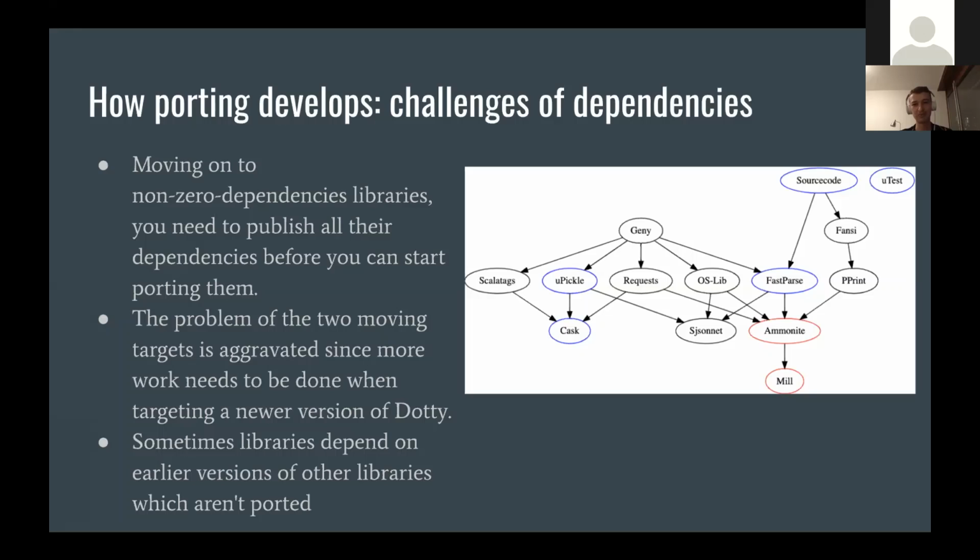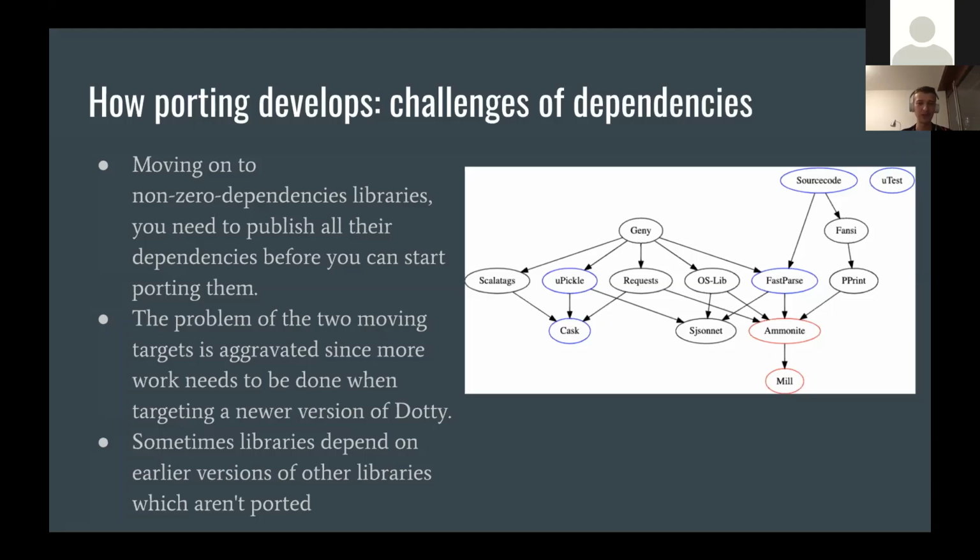So as you can see, this library has transitive dependencies. So it has multi-level dependencies. To start on porting Cask, you also need to publish Scala tags, micropickle, requests, and to publish Scala tags, micropickle, and requests, you need to publish Jenny. And also to publish Jenny, you need to publish microtest and source code, because everything depends on microtest and